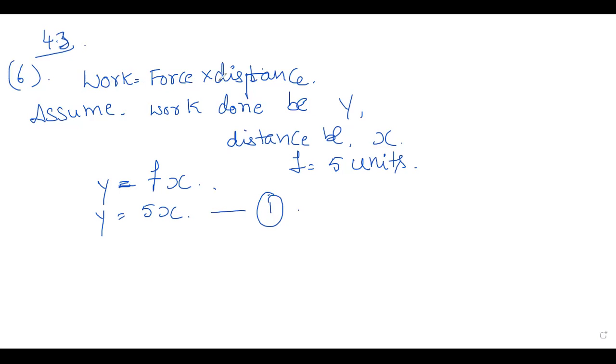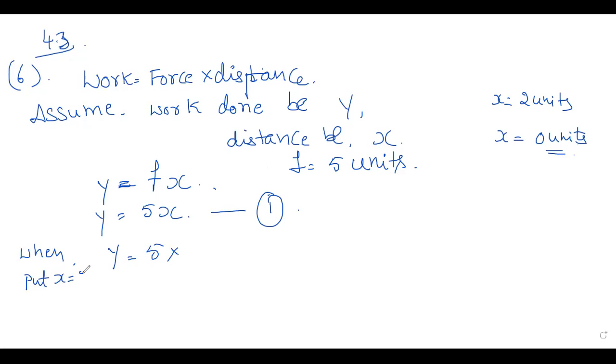Understand, work is equal to force into displacement. We have taken work done be Y, distance be X, and F is given, that is 5 units in the question. Right, Y is equal to Fx. In place of F, substitute 5. This is our equation. What is the first question? They have given X is equal to 2. Distance is 2 units, and another one is 0 units. You have to find Y. Y is equal to 5 into, right, here put